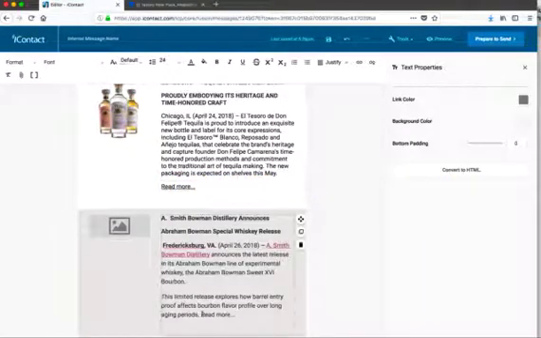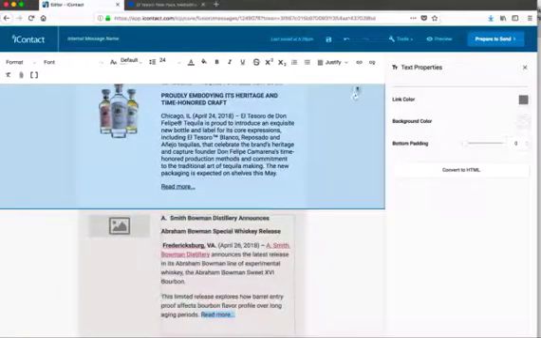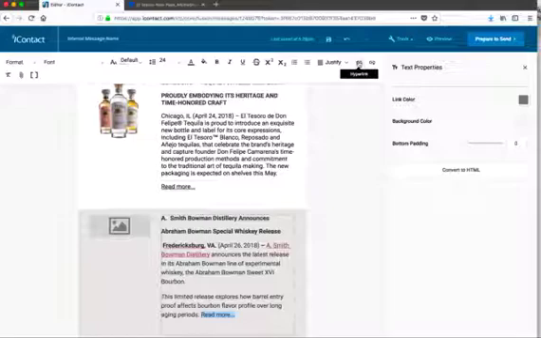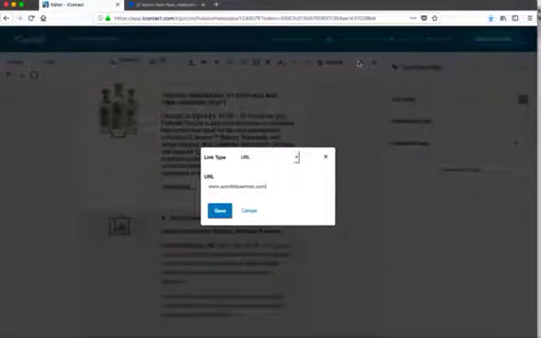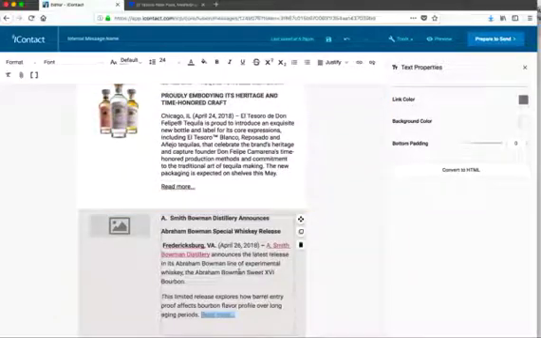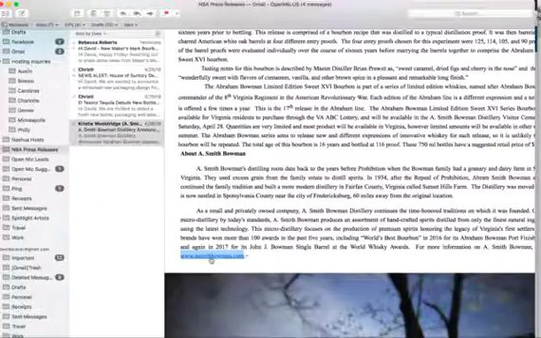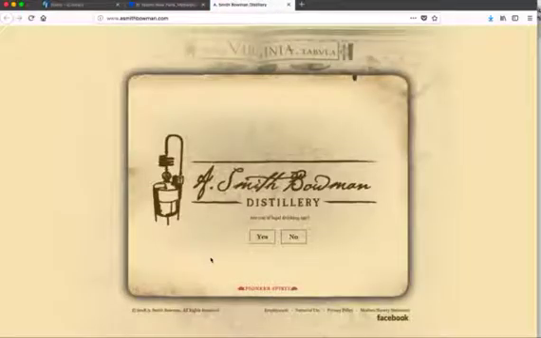And then I'm going to highlight the read more. I'm going to go up here to link, hyperlink, click on that, and then I'm going to insert the link. Then I'm going to click save. Okay. Now people can get this information on the site. So if we wanted to go one step further, we could go over here. We could actually click on that link ourselves, and